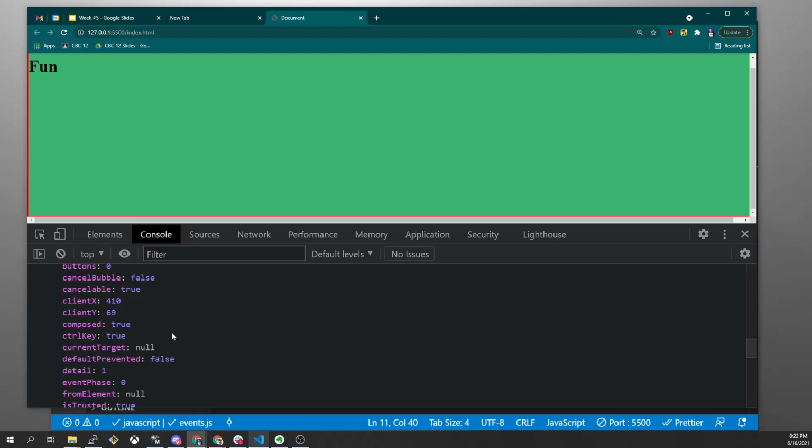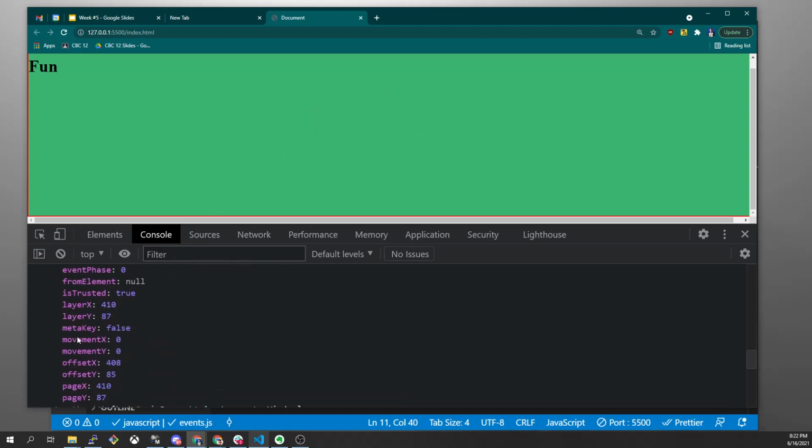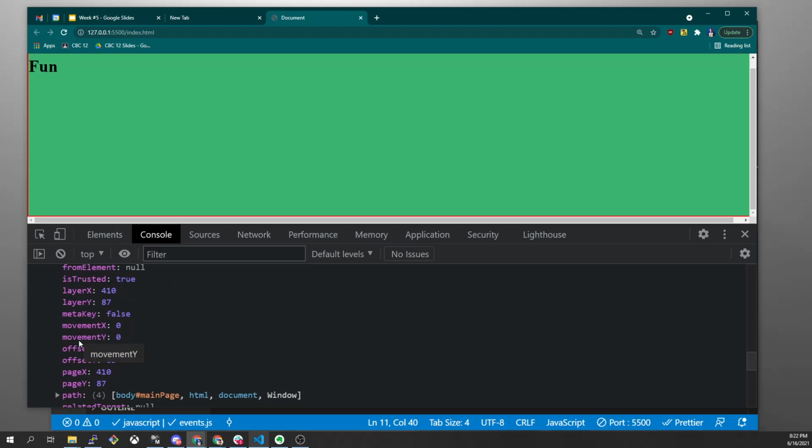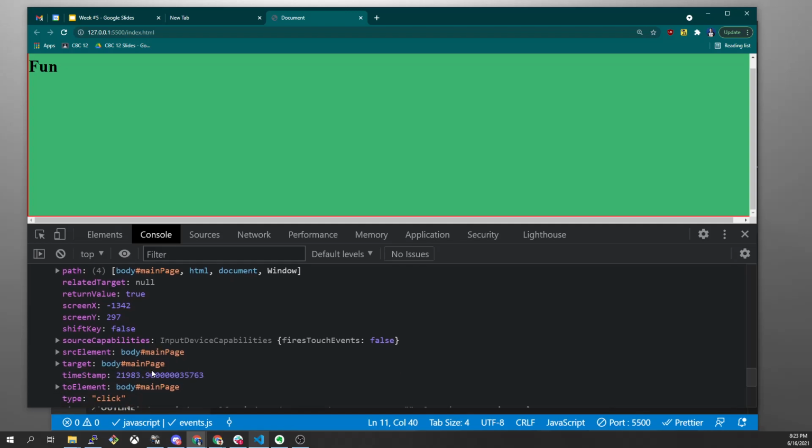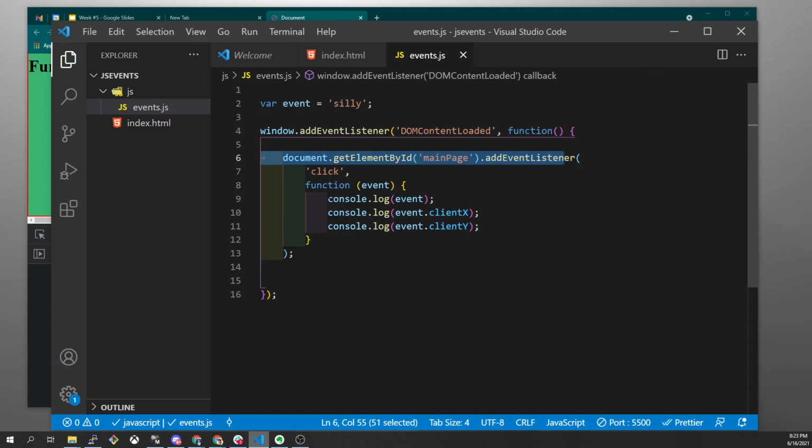If you wanted to make a drawing app, for example, and you wanted it so that when you hold your mouse down, it starts drawing a line, but if you hold control, maybe it makes your paintbrush bigger. That would be one thing you could do with this. So the event object has a whole bunch of information in here that is going to be useful to you depending on what you're trying to do. And I can't tell you what you're going to try to do because it's going to be different pretty frequently. We can come up with good scenarios, but the best thing you can do here is, whatever event you want to look at, always just write an event listener and log the event